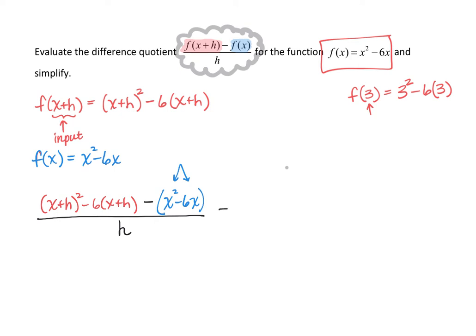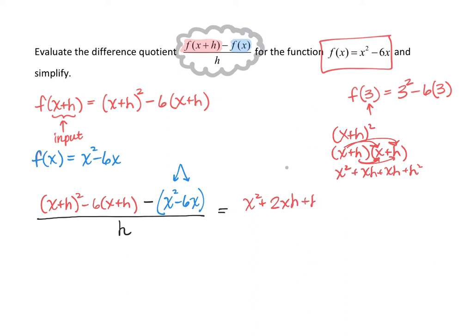So now we want to go ahead and simplify. And I'm going to do a little bit of this work off to the side. Remember, when we have x plus h, the quantity squared, that means we are actually multiplying x plus h by itself. So x plus h times x plus h. So we have to distribute. So first, x squared, outside, x times h, inside, h times x, which is the same as x times h, and then h times h, which is h squared. So that will simplify into x squared plus 2xh